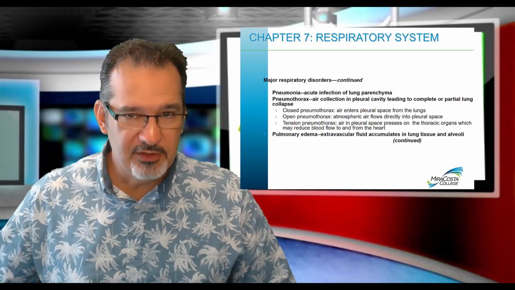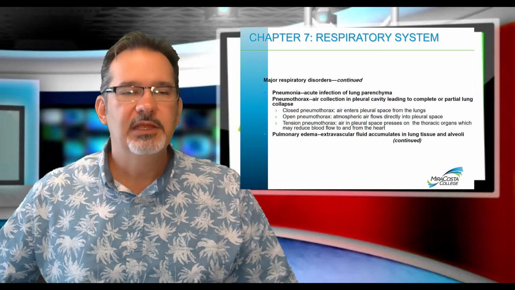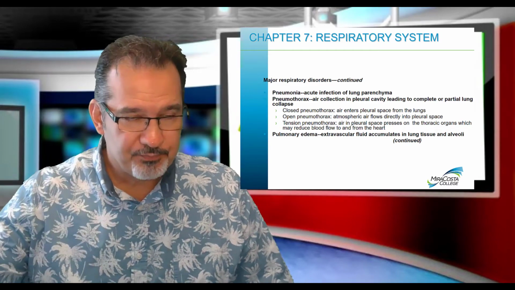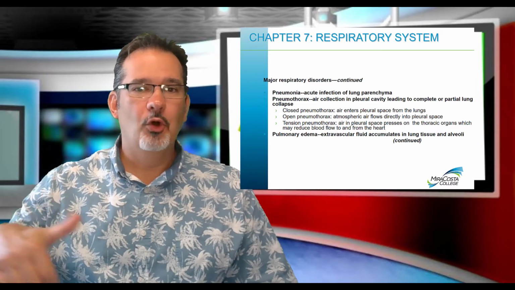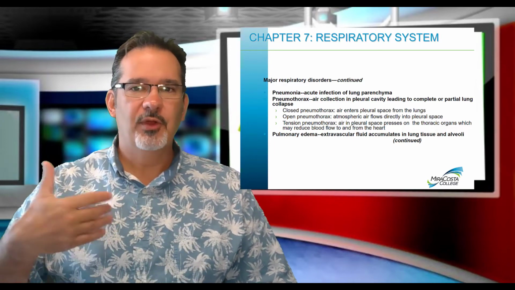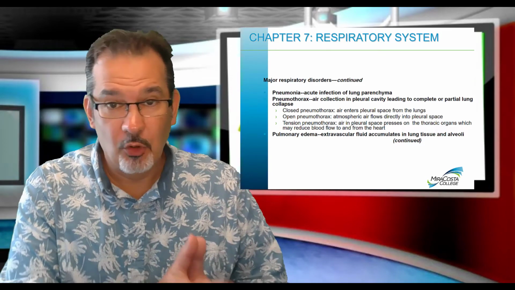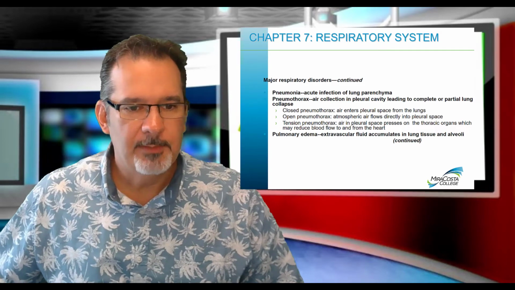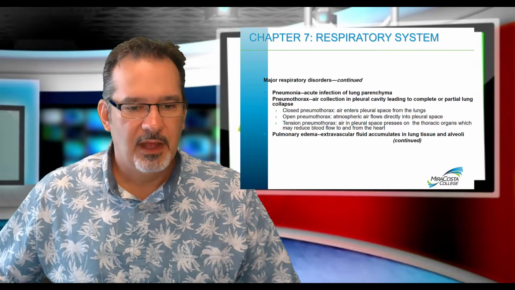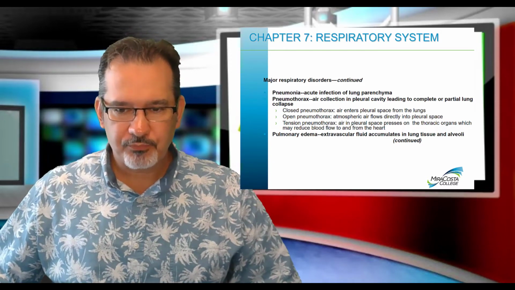Pneumonia is an acute infection. Pneumonia is probably the most common cause of death in older adults in particular. Usually that's going to be one of the things that we chalk up to why somebody dies in older age, typically from pneumonia. Okay, pneumothorax, air collection in the pleural cavity, pulmonary edema, excess fluid which accumulates in the